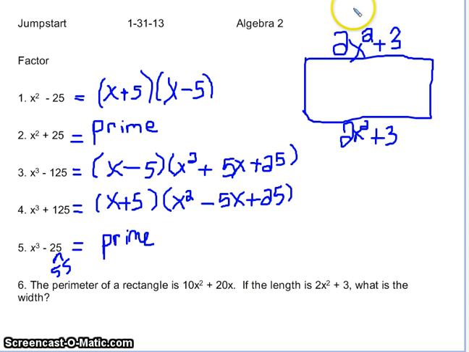So I'm going to take my 10x squared, this is my perimeter, this is what I'm starting with, plus 20x,